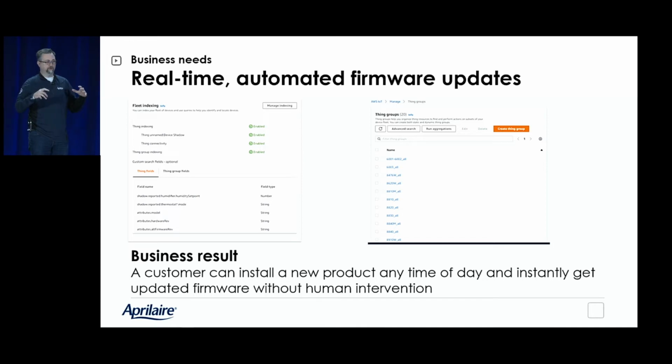We are able to kick off an automated over-the-air update job like Alex was talking about, and then do this file transfer where we push down the proper version of the proper firmware to the proper device all the time. And as a business result, right, a customer can install a new product any time of the day and instantly get the upgraded firmware that they need without waiting for us to batch process, wait for everything, and push these things forward.